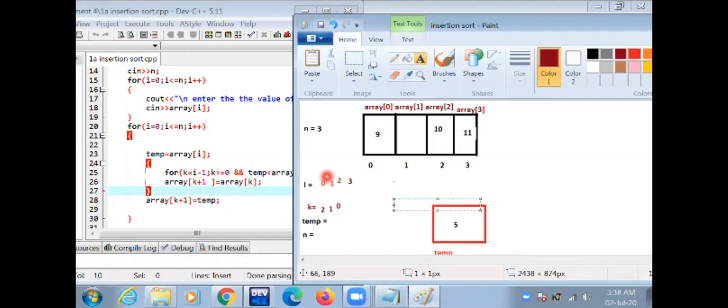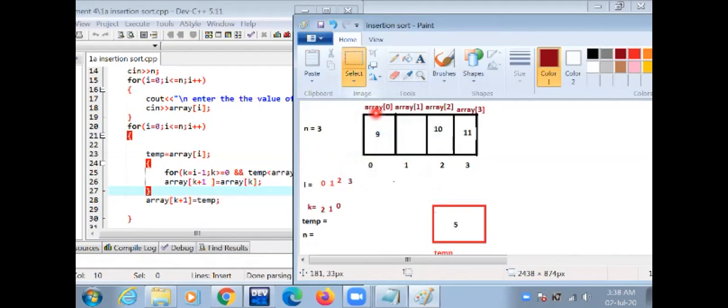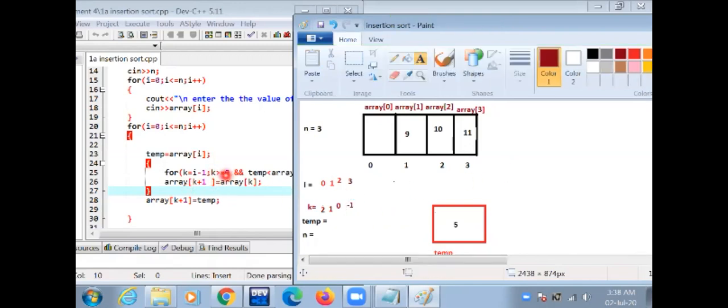Then array[k plus 1] points to this block, and array[k] points to this block, and this value is inserted here, and the loop executes again. The value of k is -1, and k greater than or equal to 0, the condition is false.